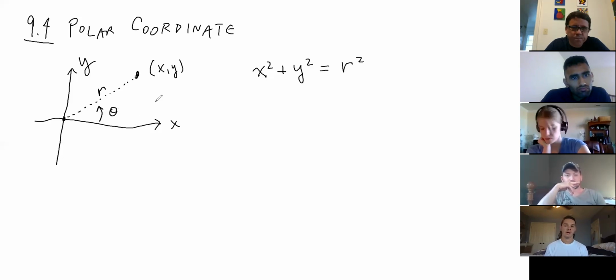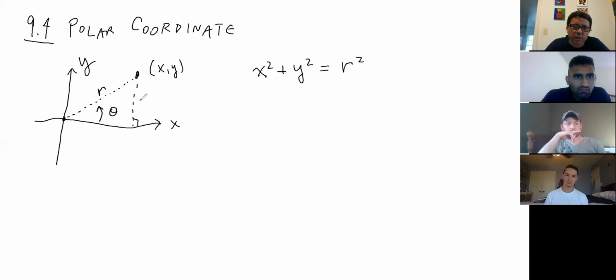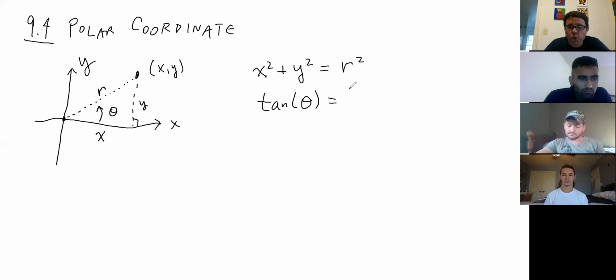So if you look at trigonometry in here, if you were going to do a triangle, maybe I can just drop a perpendicular down here. This is y, this is x. The trig function that relates all of this, you could use sine and cosine, but I want to leave out r for a second and look at just x and y. If you take the tangent of the angle,